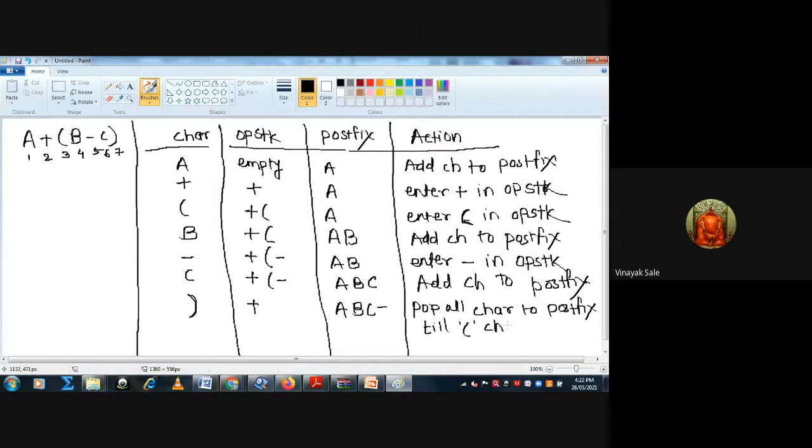Then no character is left in the string, so here a dash. The stack is empty again, the postfix is A B C minus plus, and the action is pop all characters to postfix.